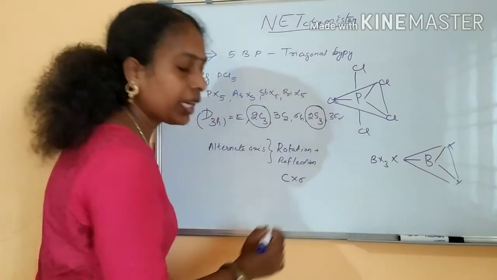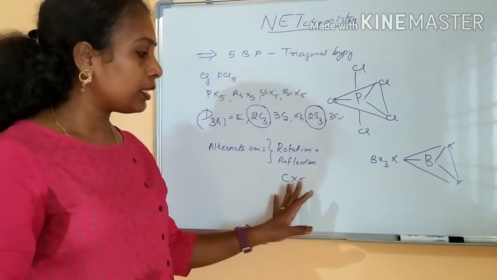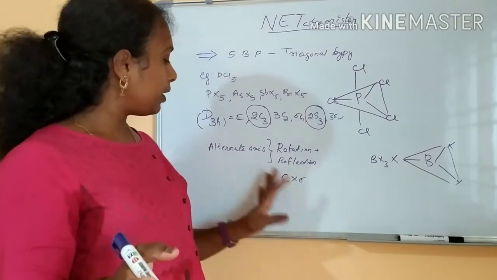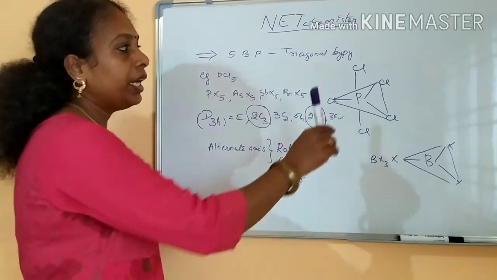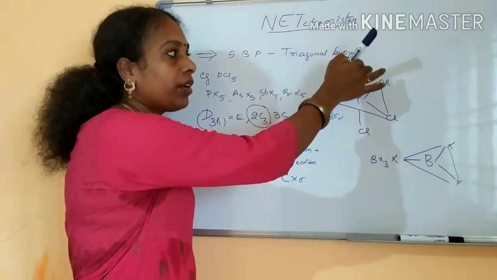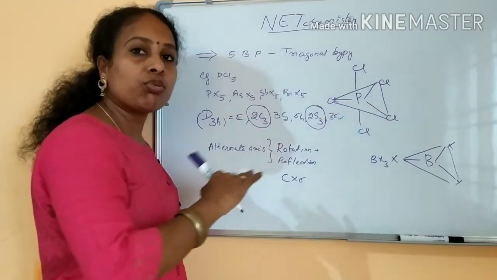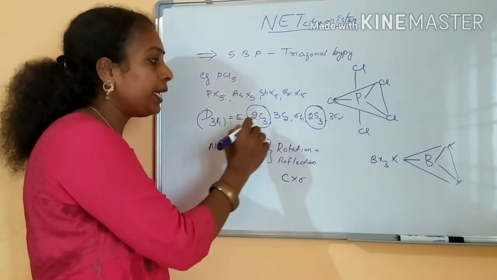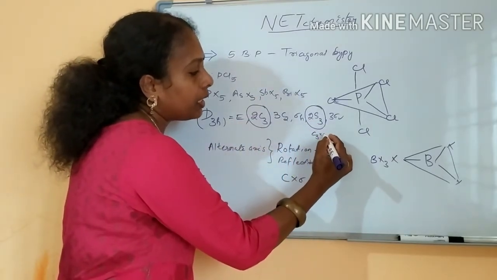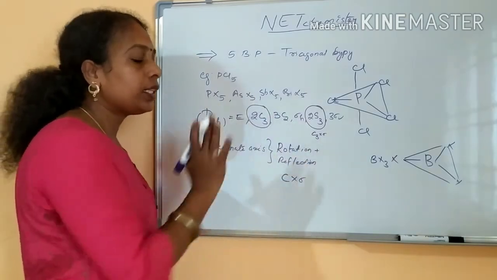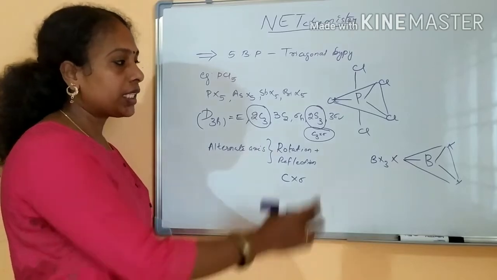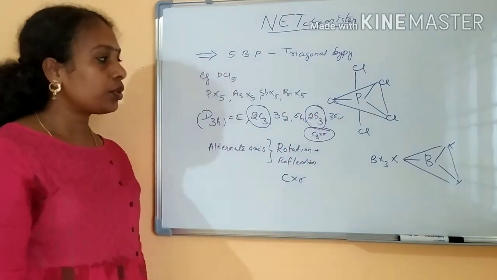C into sigma, we can say axis of symmetry, principal axis into sigma. If you are taking a rotation and then you are taking a reflection, then you will get an alternative axis of symmetry. Here if you take C3 axis, one rotation, and if you are taking the reflection, same. Chlorine from here to here it will move, there is no other difference, right? So how many C3s are there, that many S3s also there. S3 is equal to C3 into sigma. It is nothing but C3 into sigma, principal axis into reflection, that is what alternate axis of symmetry.